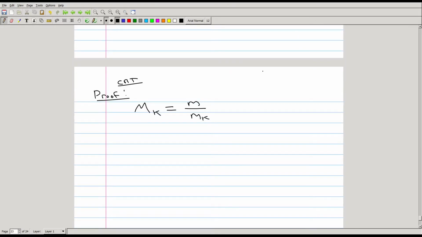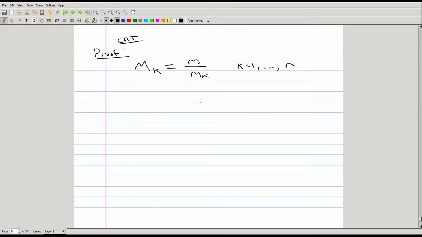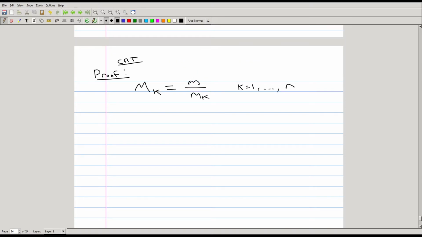So we define Mk to be this ratio for k from 1 to n, and we have a couple of results that are readily apparent. First off, this is going to be an integer because mk is a factor in M,